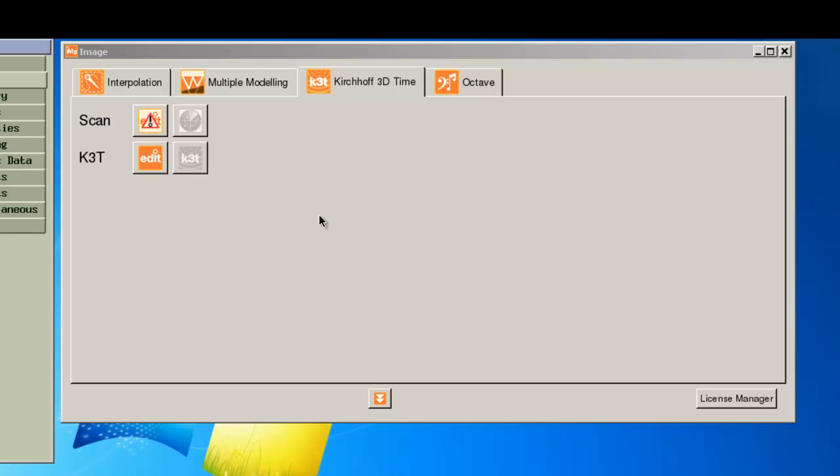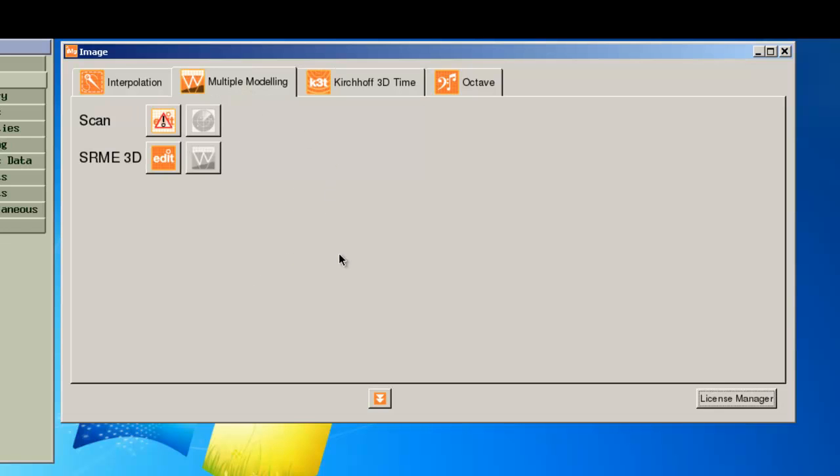I'll now move on to the other imaging suite application that we worked on this last release, and that's the SRME 3D multiple modeling application. Again, when we started looking at this with different data sets, we decided that the runtimes were not what we expected from the application. And it became apparent that during the initial development, we had somewhat optimized for the data set that we'd been